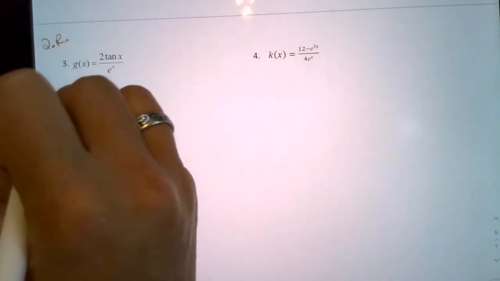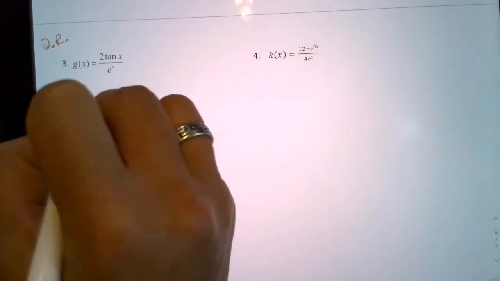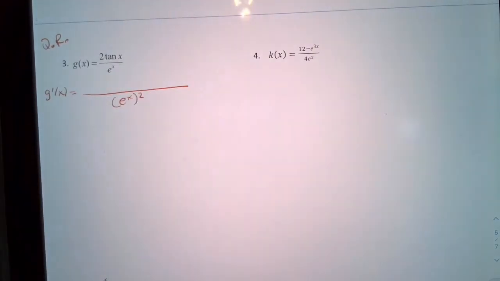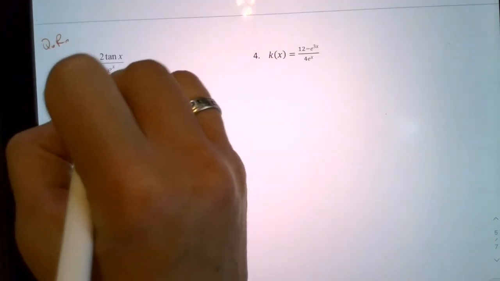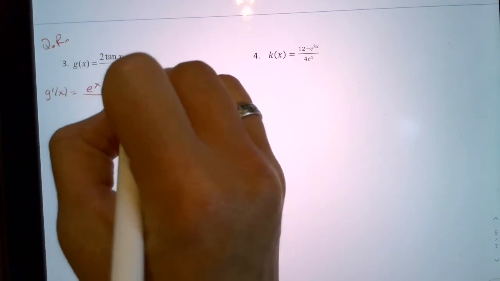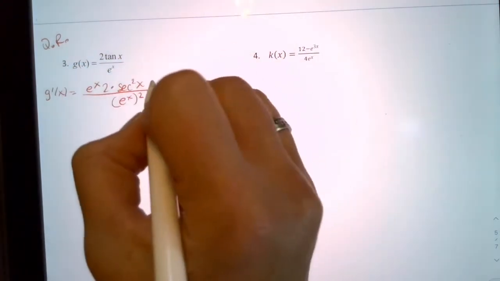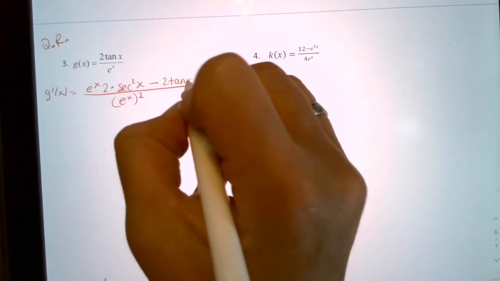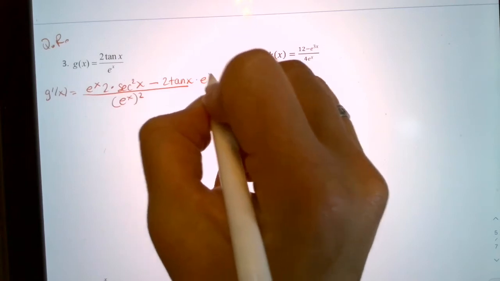I'm going to use G prime, since this was labeled as G. And I always start the quotient rule with doing the denominator squared. We'll tackle that in a second. And then I'm gonna move on to that numerator. And again, order matters. It has to be bottom unchanged times the derivative of the top, and the derivative of tangent is secant squared,